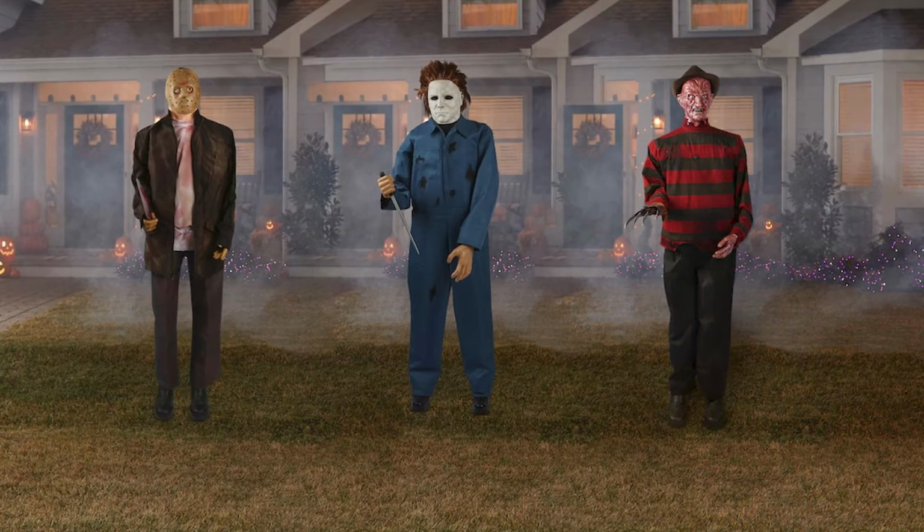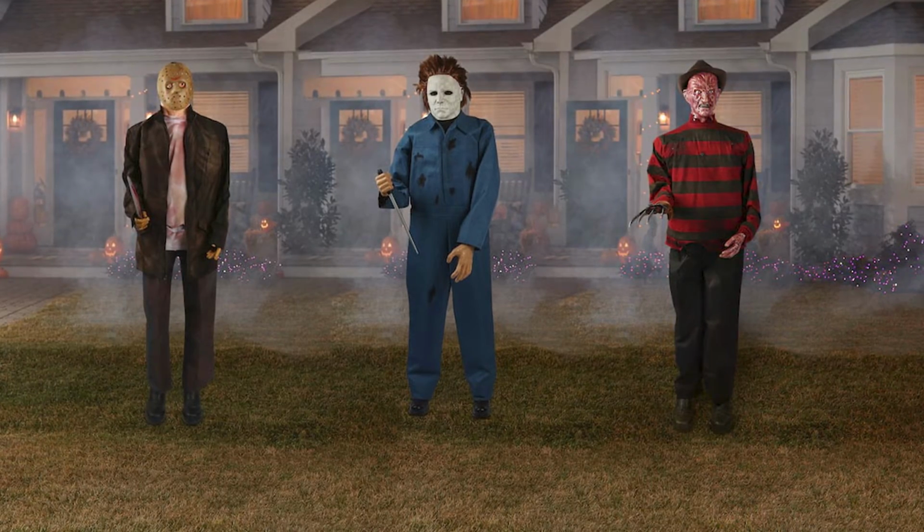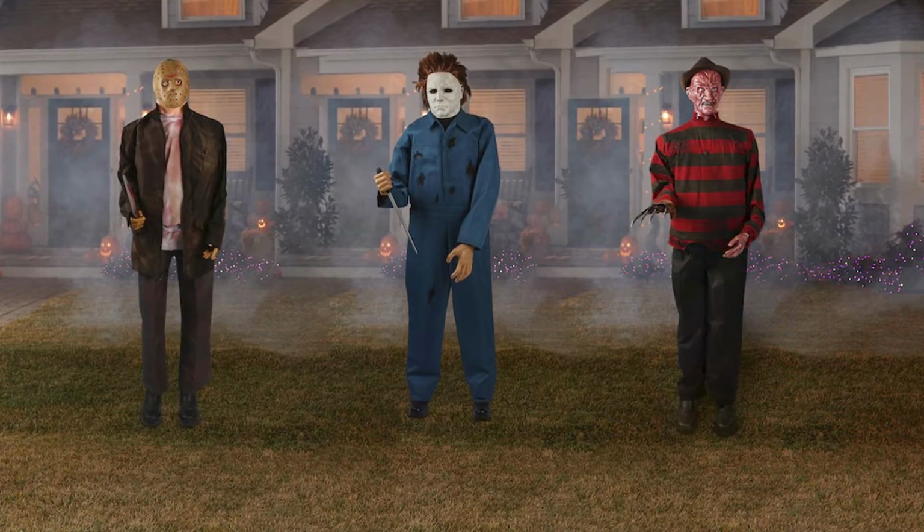And the creep isn't the only horror icon getting a new animatronic this Halloween season. This week, Lowe's listed new Freddy Krueger, Jason Voorhees, and Michael Myers animatronics for sale on their website. The new 6-foot animatronics all feature movement and sound. Freddy raises his knife glove and says phrases from the Elm Street franchise. Jason swings his machete and plays spooky sound effects, including the iconic